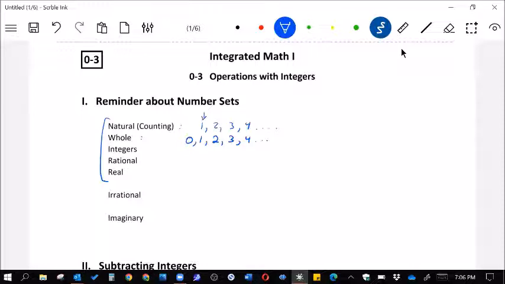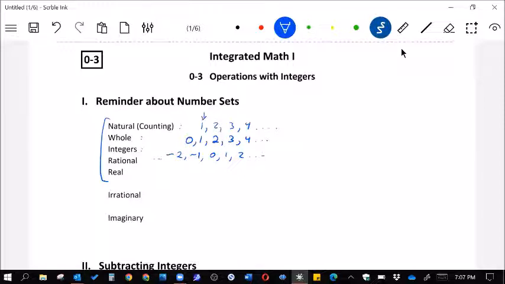Integers, though, that includes negative numbers. So let's take this same idea and go, say, from -2 to -1 to 0 to 1 to 2. And it's all the numbers before 0 and all the numbers after 0, but only the whole numbers, meaning, again,